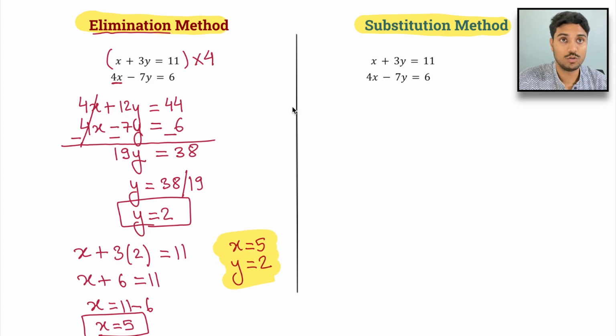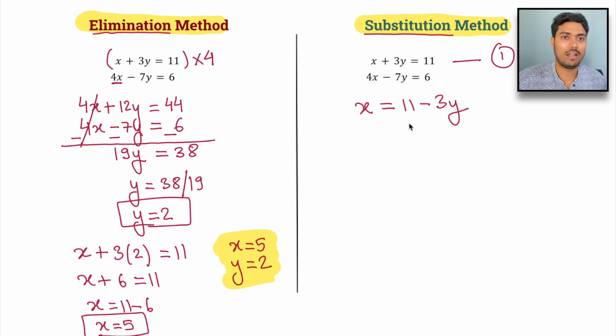Now we will check the substitution method and figure out how to apply it to find the value of x and y. I have taken the same question so that you can learn both the methods and understand how to calculate the value of x and y step by step. The word itself says to substitute. So we'll learn how to substitute. So we can write down the first equation as x equals 11 minus 3y